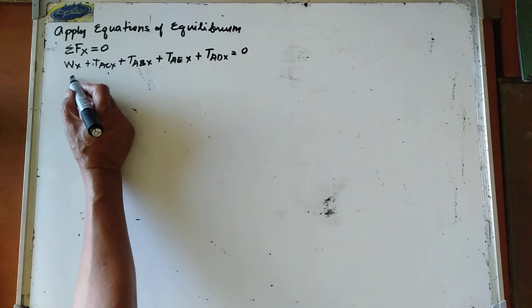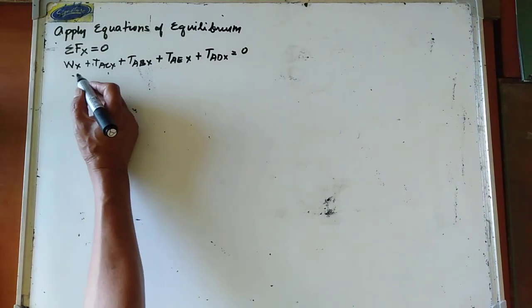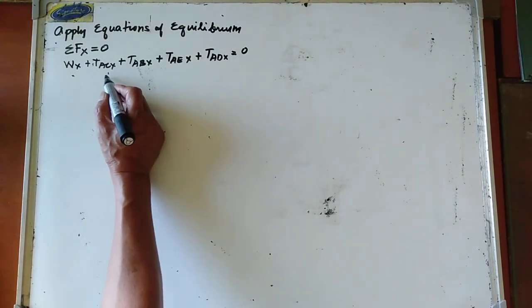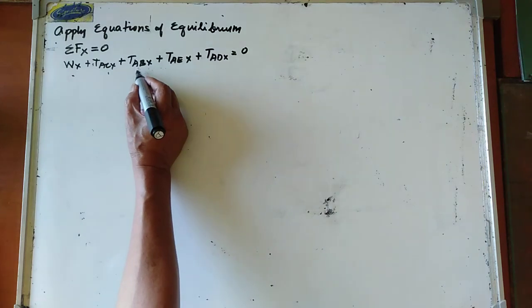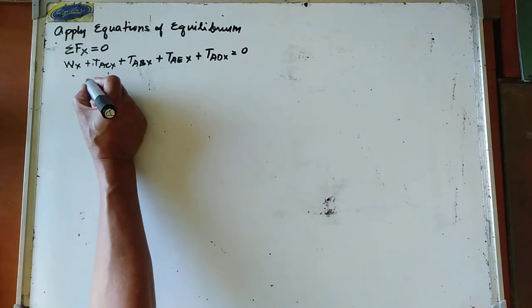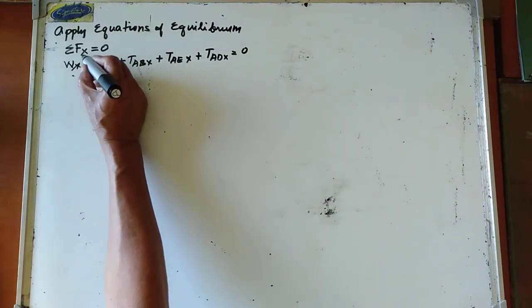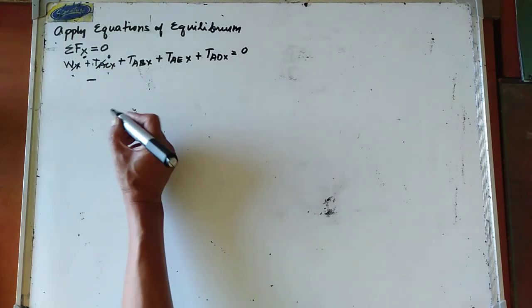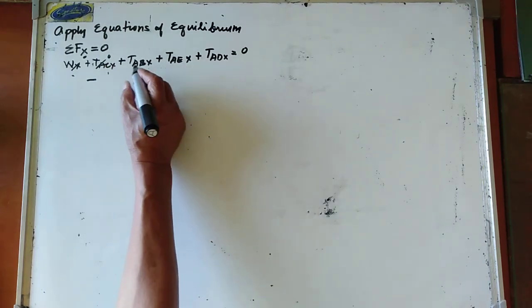So WX is 0, TACX is 0. So we have now your TABX. So TABX is negative. So those are 0. So we have negative